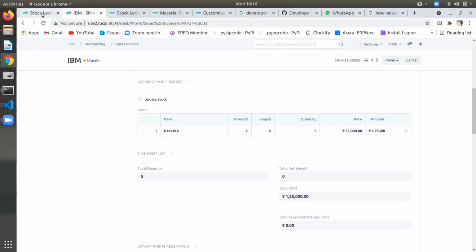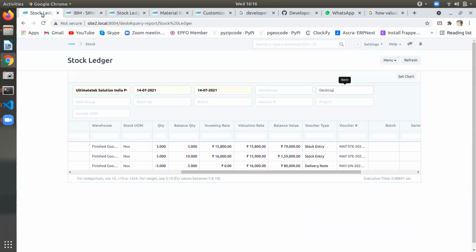No, when selling it takes FIFO, first in, first out. 15,800 was first, after that we did 16,000. So when we sell 5 units, the first 5 units at 15,800 go. All the units are now with 16,000 only. That is why the stock is showing 16,000. Yes, the cost valuation has increased. Okay, fine, sir.